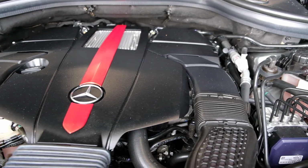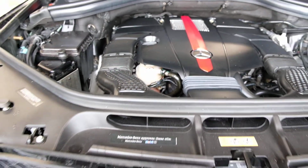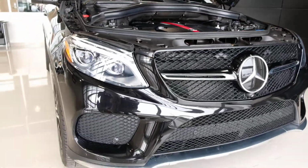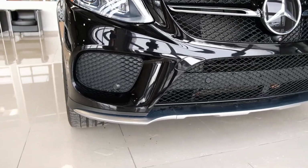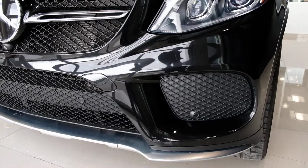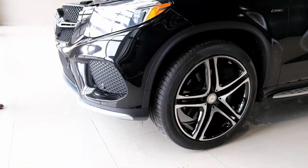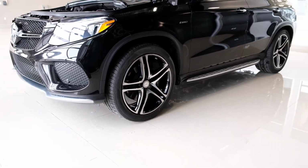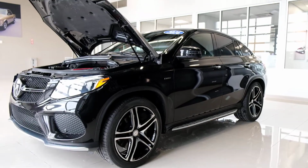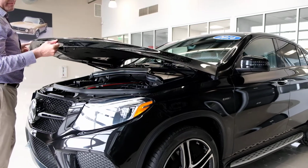Now, of course, these vehicles are built in Vance, Alabama. The drivetrains come from Germany. The ML, previously known as the ML, has always been built in the United States in Vance, Alabama. And a very, very cool facility there. They employ over 5,000 people at the facility. They've got all of the testing facilities there and the manufacturing facility, just-in-time manufacturing. And it is very, very cool to go see all the robots building these things and really building them at